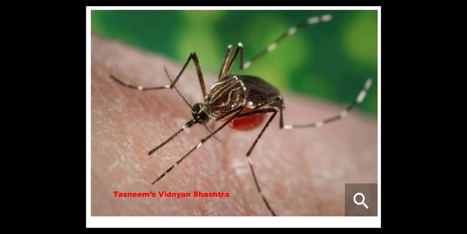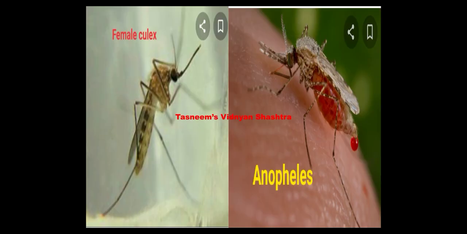There are different types of mosquitoes present in our surroundings. Here you will see a female Culex. This female Culex grows in sewage, dirty water, while the Anopheles grows in clean and fresh water. So wherever there is waterlogging or wherever water is present, the larvae of these mosquitoes grow, whether it is dirty or clean water. So everywhere you will see mosquitoes, and we have to take preventive measures and control over such mosquitoes